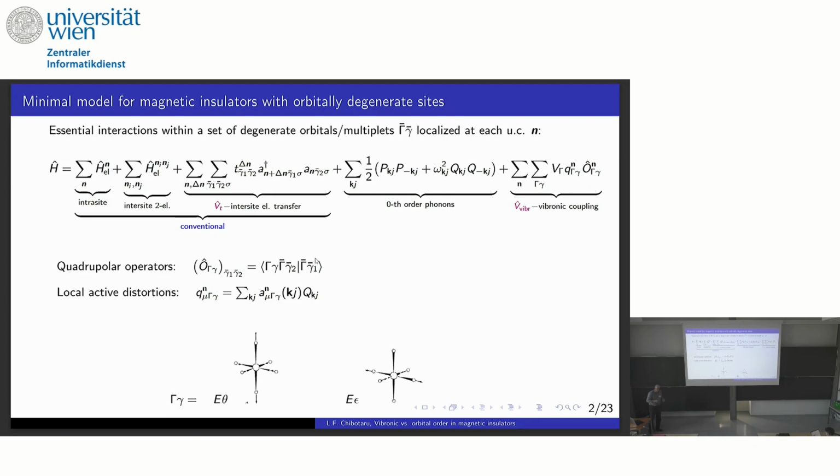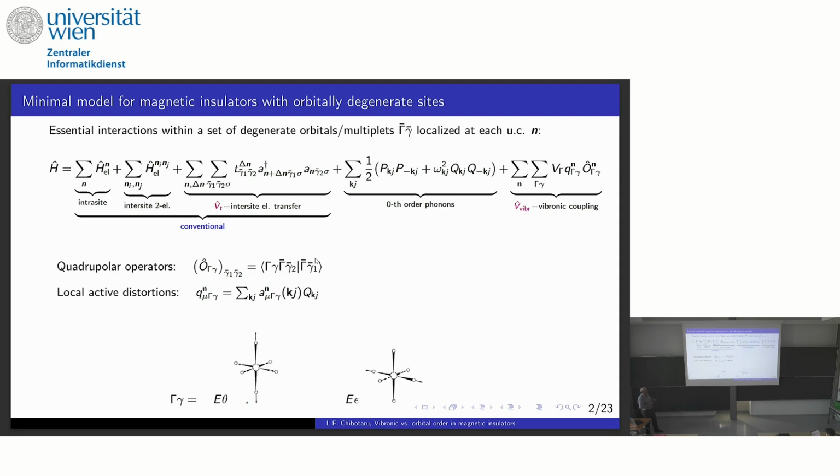So physics begins with Hamiltonian. The essential interaction which we need is the one which describes multipolar ordering. So this means that we have, in the space of localized magnetic orbitals, we are speaking about magnetic insulators, intrasite interactions. We take into account intersite dipole-dipole, magnetic, electric dipole, and other interactions. And then we take into account the electron transfer between sites, which describes, for instance, the Anderson superexchange. And this is a conventional description when we don't need to take into account lattice effects.